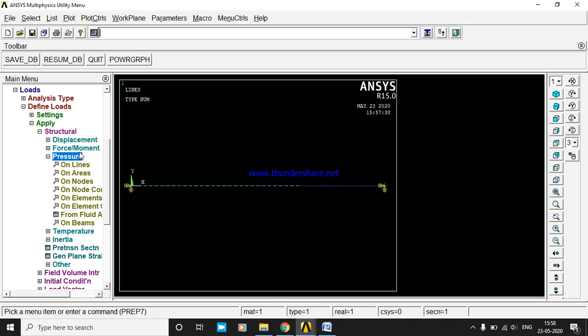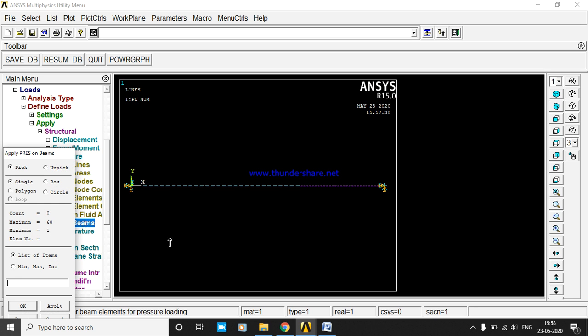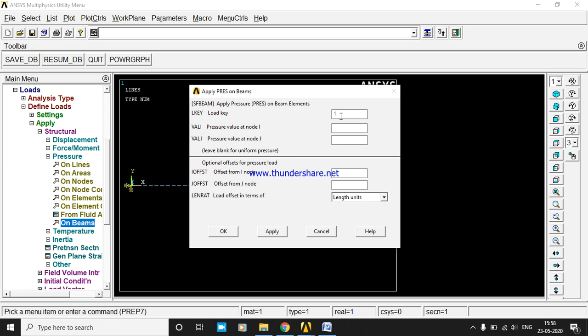Okay, for a point load you can go for the force there. So pressure beam, on which beam? On this, the total thing. So I am going to take this box here. If I select, it is selecting the single one. So what you have to do, I'll go for the box, you can drag it. So here I can see clearly, because I have only 2 elements, till here the elements are chosen. Okay, now it asks. So here I have first load, because I don't have any loads there except this. So load number 1 I have given.